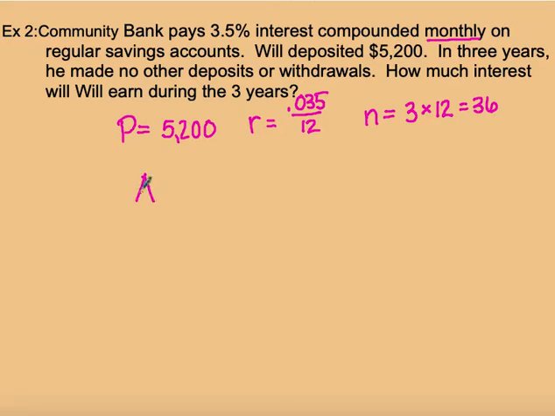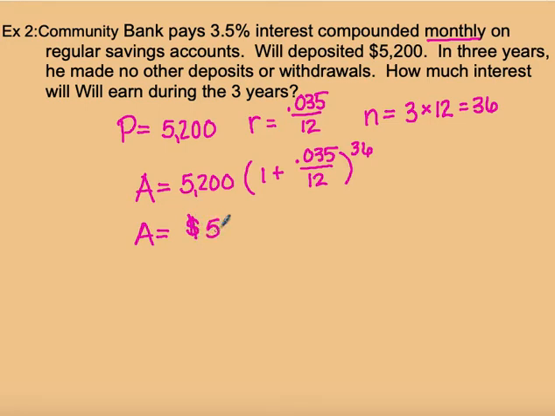So let's first calculate the amount. So we'll start with the principal of $5,200 times the quantity of 1 plus our interest rate divided by the number of periods per year. And that's going to be raised to the 36th power because we're keeping that money in there for 3 years. So after I put that into my calculator and calculate, I find that Will has, at the end of 3 years,